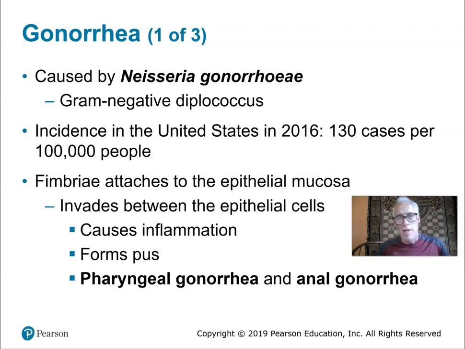They have fimbriae that attach them to epithelial cells of the epithelial mucosa, either in the oral cavity or pharynx, or in the urinary and genital systems, or in the anus and rectum. These cells can then invade between the epithelial cells and cause inflammation. There will be pus present, a yellow-green pus discharge. So again, you can get pharyngeal or anal gonorrhea, not just vaginal or penile forms